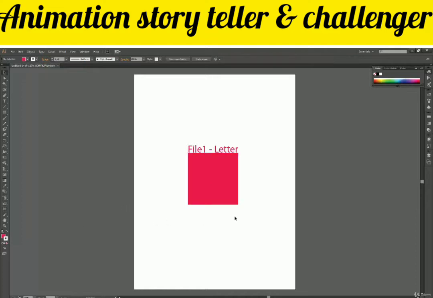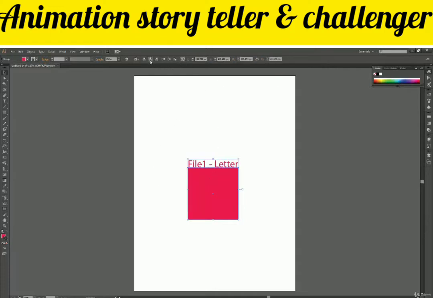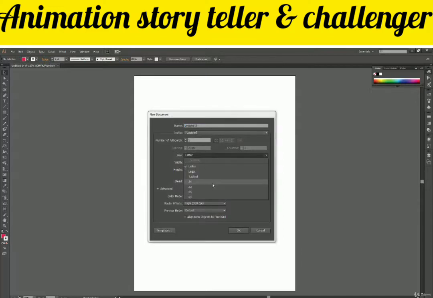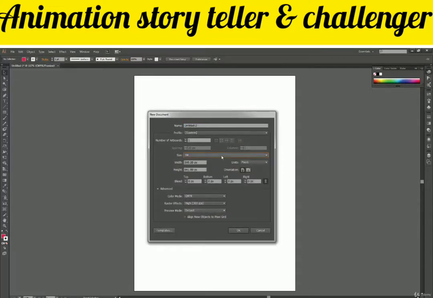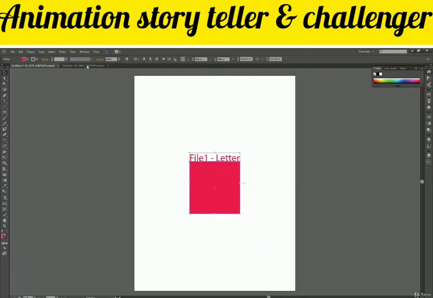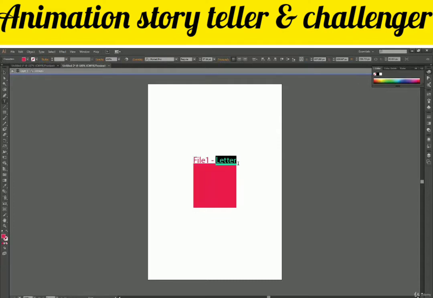As of now you can just ignore it. So here we have our text, and we'll do one more thing here. Center align. Okay, this is center align now. Now let's create another file. This time instead of Letter we will use A4, and here we'll just copy and paste this stuff and center align it, and let's say this is A4.